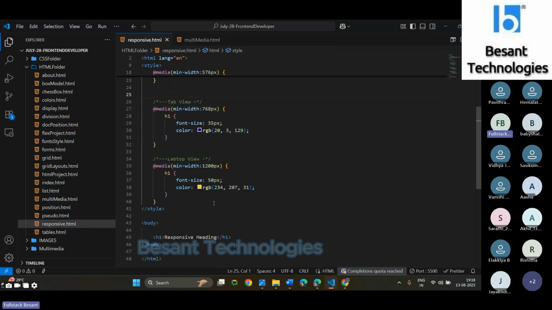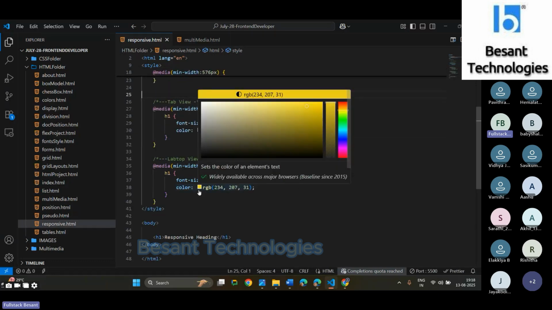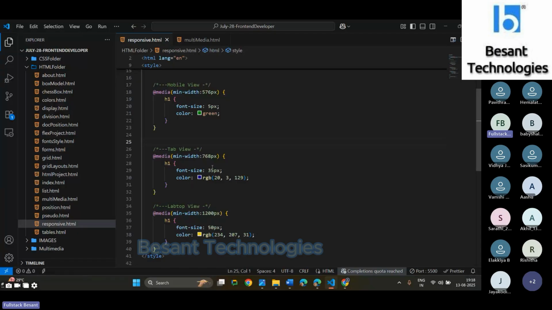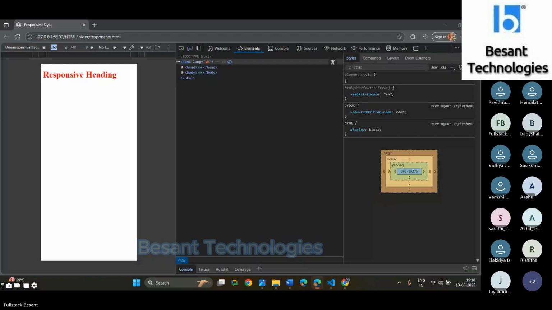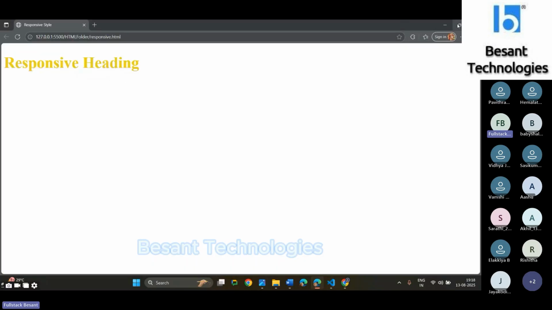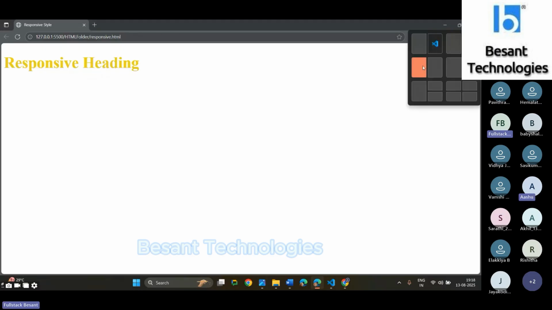Now see, the largest size is the yellow color, the tab view is the blue color, and the smallest size is the green color. So now we can check. This is the yellow color. And if I'm making a tab unit,